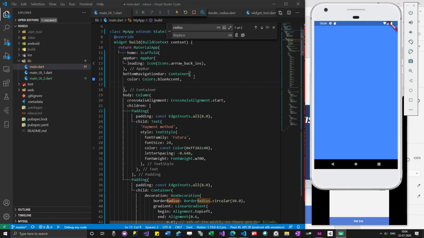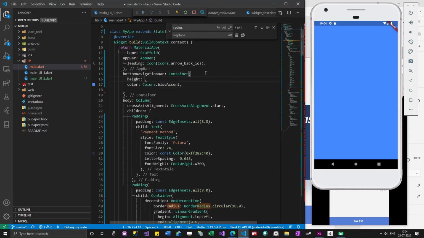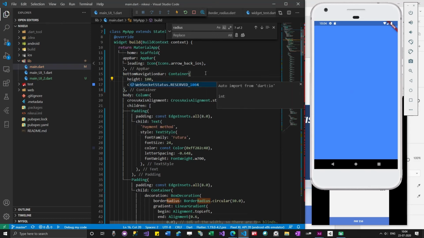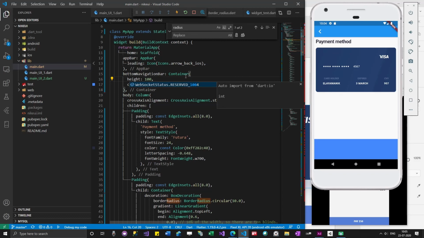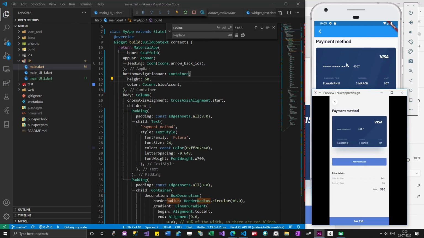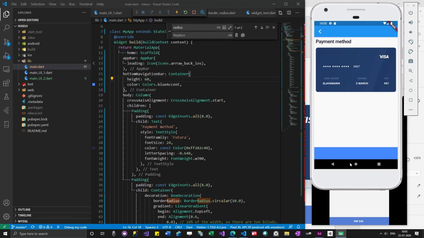Okay, when I gave this, everything occupied the screen, so I'll give a height. As I change the height, you can see everything is moved to the bottom. So I'll make it maybe 80. That is much better, not good, 60. Okay, much better. I think if both of these are the same size, it will be very good. So I'll make it 50. Yeah, almost. So I'll add a button.